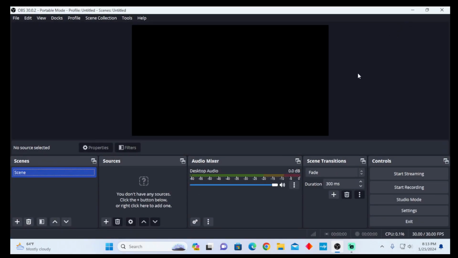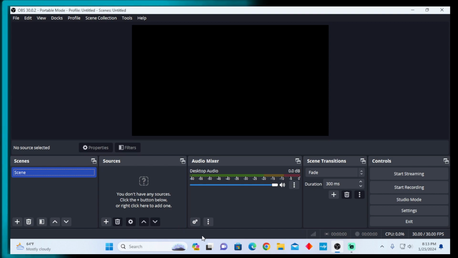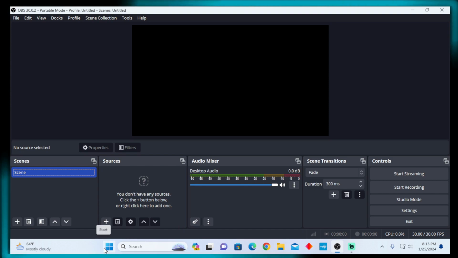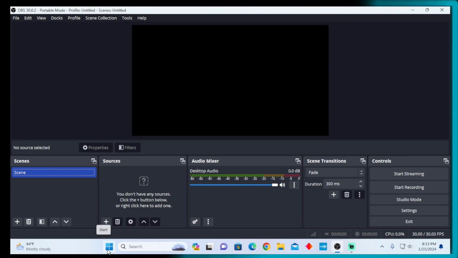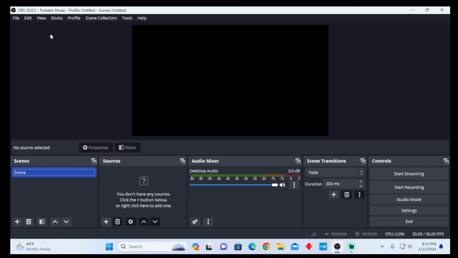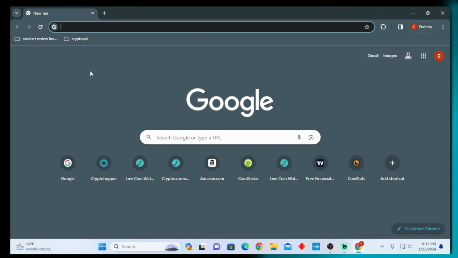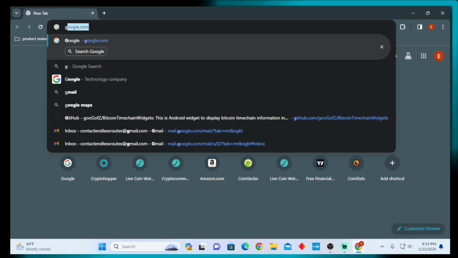I wanted to show you guys today how to add a Bitcoin or cryptocurrency widget into Streamlabs and/or OBS. This process is very simple, very straightforward, so I'm not going to make this video too long. First things first, go ahead and download OBS or Streamlabs. Then open up your browser and go to Google,